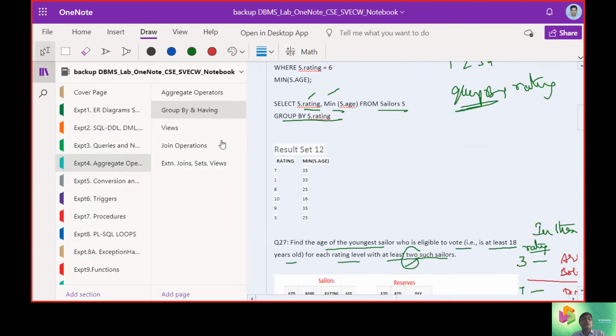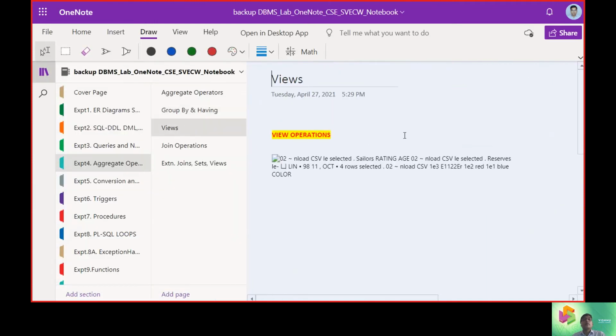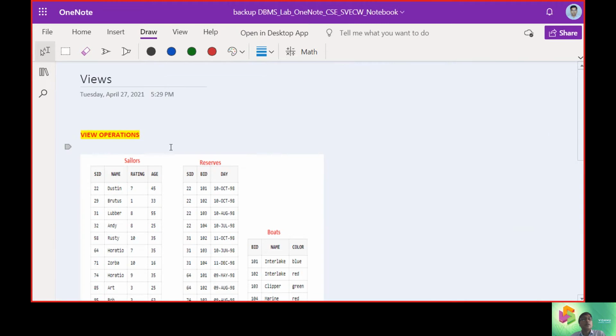That is all regarding the group by. Now let us check a view. What is a view?